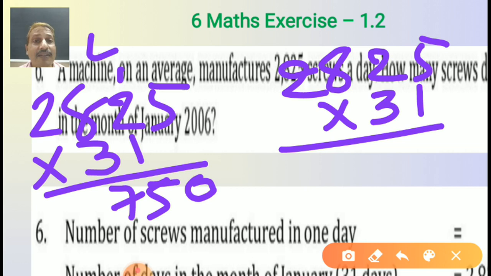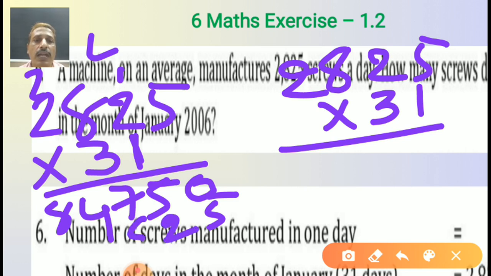tables. I gave in homework, and I am always saying to each and everyone, learn by heart tables up to 20. Yes, 8 3s is 24. So 4 will be here, 2 will be the carryover. Now 2 3s are 6 plus 2, 8. Very good student. Now whose turn is coming? 1's place is 1. So 1 has to multiply with 5. There is no zero. So 5 ones are 5, 2 ones are 2, 8 ones are 8, and 2 ones are 2. This is my second number.